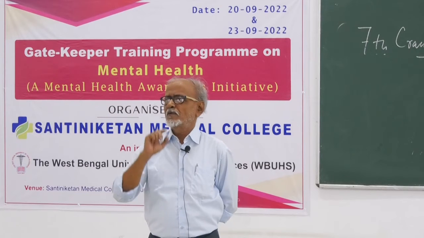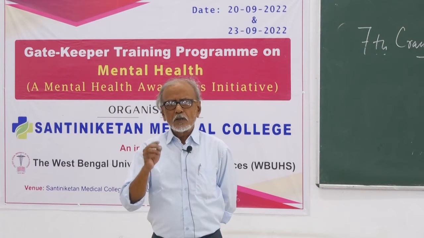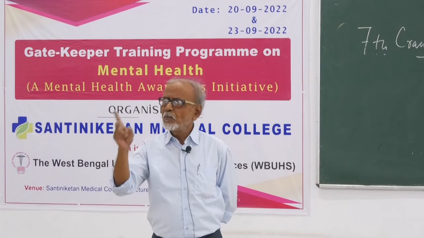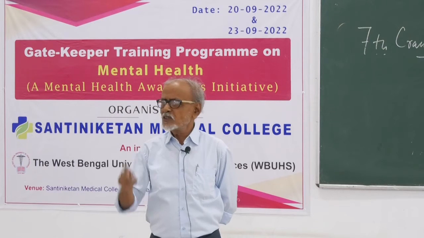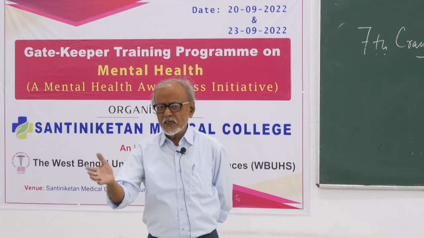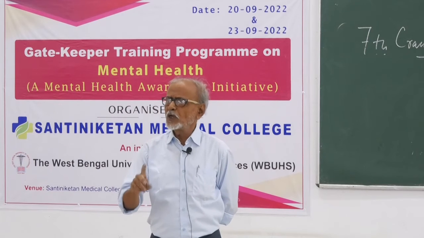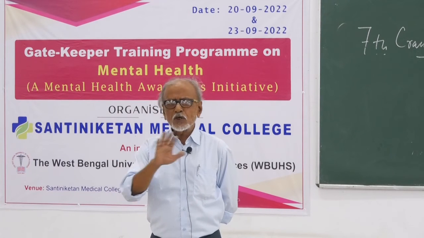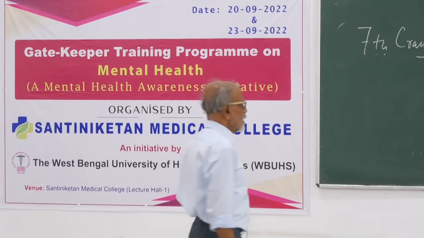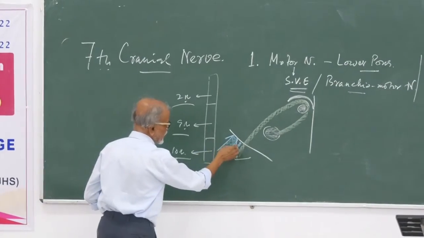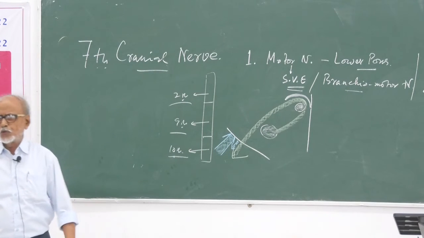Sensory root is a misnomer, because in this sensory root we find taste fibers plus parasympathetic motor fibers, that means visceromotor fibers. কাজে সেন্সরি রুট বললে মনে হচ্ছে সবই সেন্সরি, তা তো নয়, ওখানে visceromotor fibers আছে। কাজে it should better be called as nervous intermediate, but commonly it is being called as the sensory root, ঠিক আছে? তাহলে ব্রেন থেকে বেরিয়ে এলো ফেসিয়াল নার্ভ, তাহলে দুটো নাম কিন্তু বলে দিয়েছি, ইন্টারমিডিয়েট নার্ভ অর সেন্সরি রুট, নার্ভাস ইন্টারমিডিয়েট।